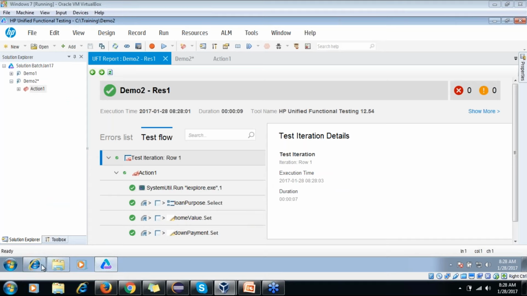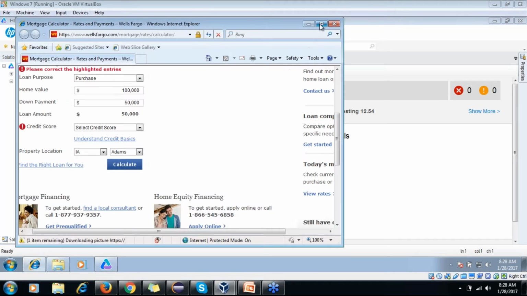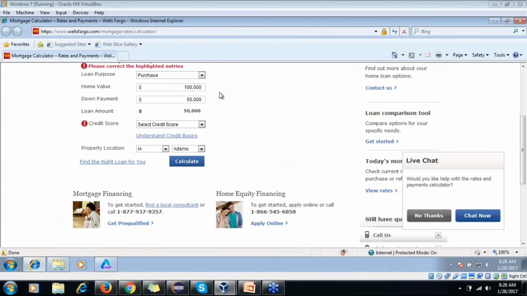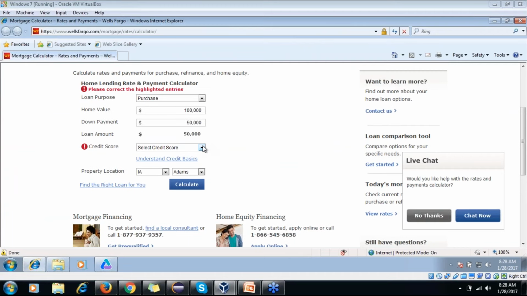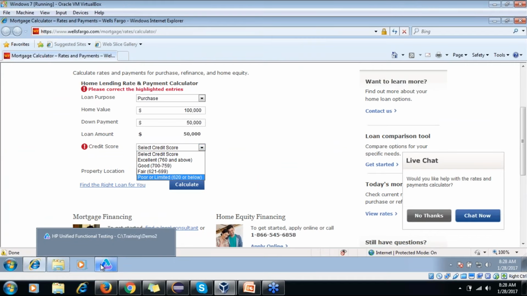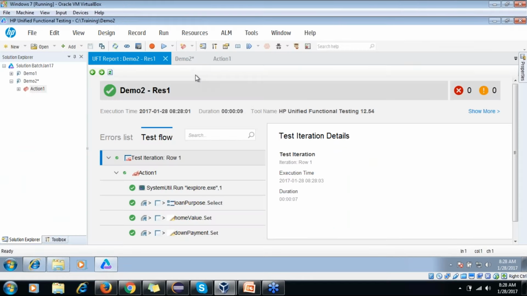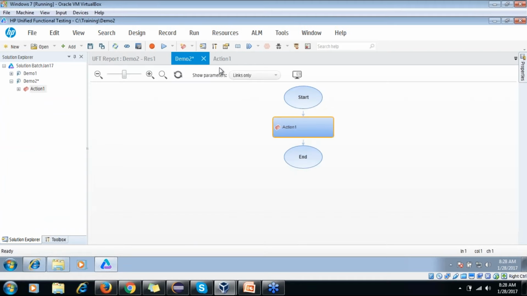Each and every step you see here passed, right? It was able to enter, it was not able to select this thing.